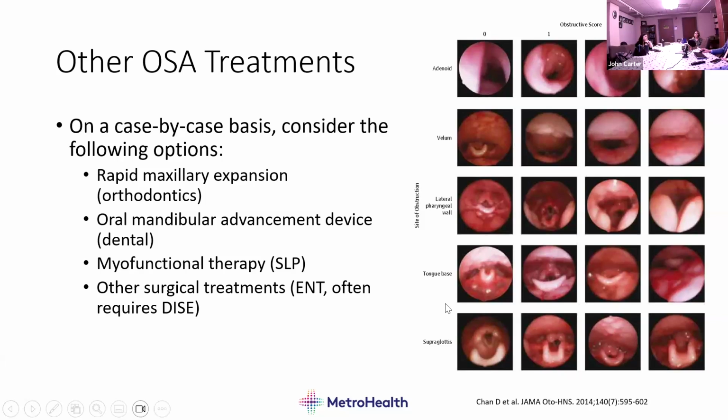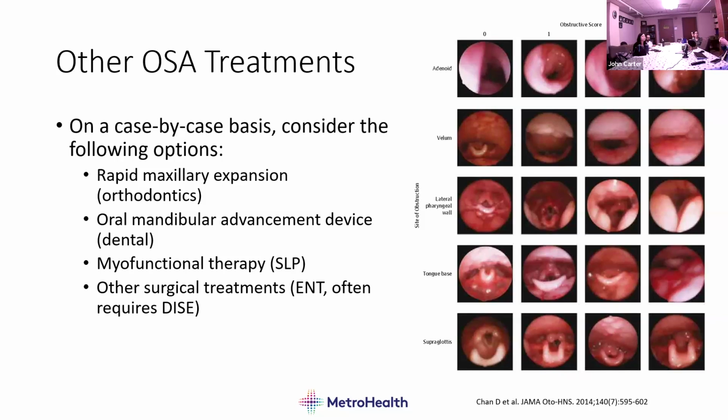There is some limited evidence that myofunctional therapy directed by a speech pathologist can be helpful. Again, access is a problem. There's one group in Akron that I'm aware of that does this. They're the only ones I'm aware of so far. But for a real anatomic issue where you're trying to remodel the upper airway, induce pharyngeal dilator muscle tone, this can be a helpful thing. I think we maybe send one in here.